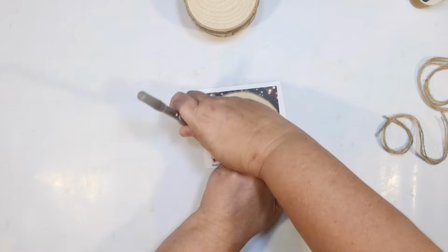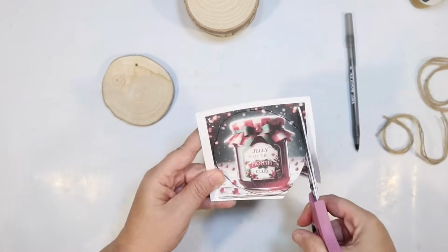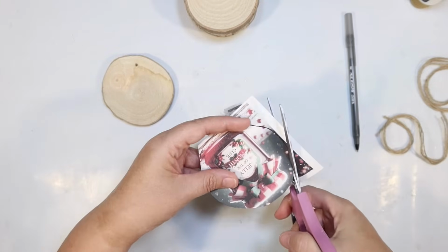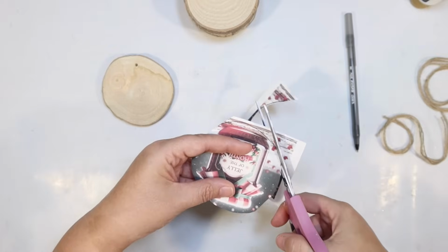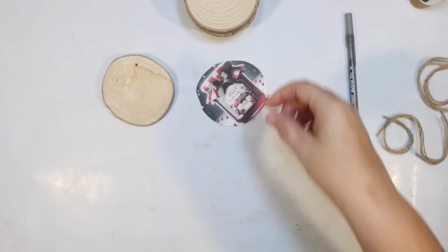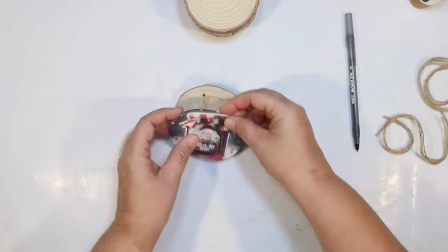And then I just lay my wood slice on top using an ink pen to draw that out. Then I'm simply going to go in and cut that out. I don't want it to go over the edges of the wood slice if I can. So I trim it once, check it out to see if that's going to work. And then I can always trim it more, because I want to make sure I don't have any paper